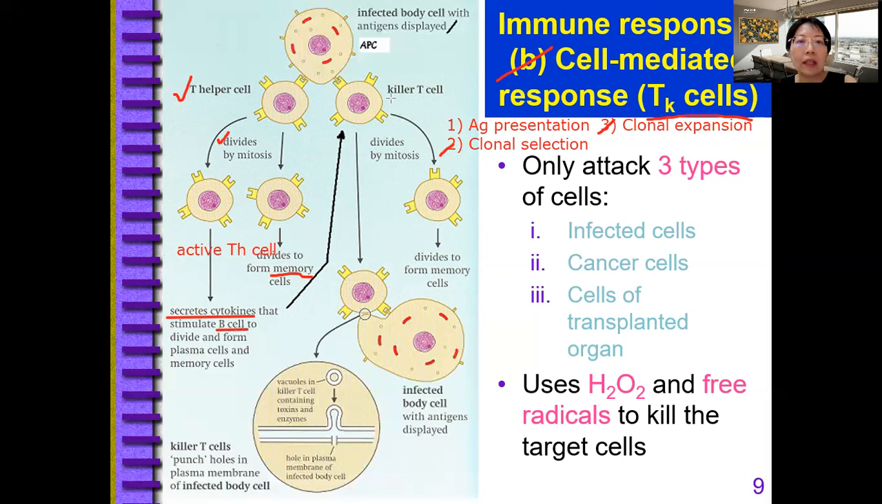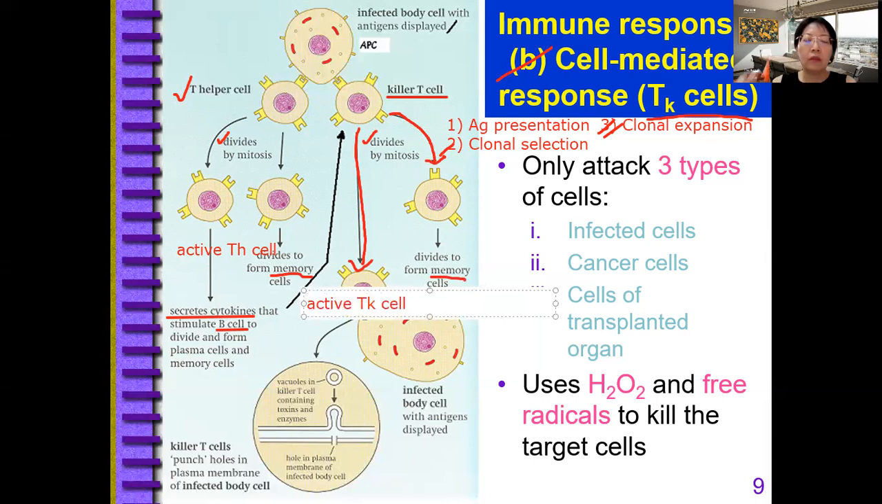The active T helper cell will secrete cytokines to stimulate the selected B cells as well as the selected killer T cell to undergo clonal expansion, because they're already selected. Undergoing clonal expansion means the cell will divide by mitosis, and then differentiate into the active cell and the memory cell. So the active cell here is called the active